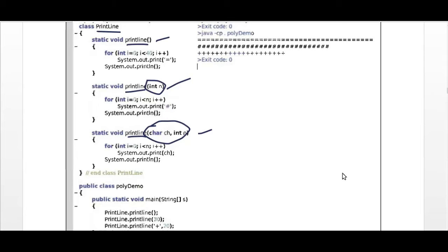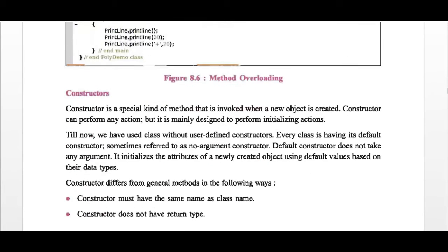So here the same name of method, same print line, but different signatures. It is called method overloading, or we can say polymorphism.